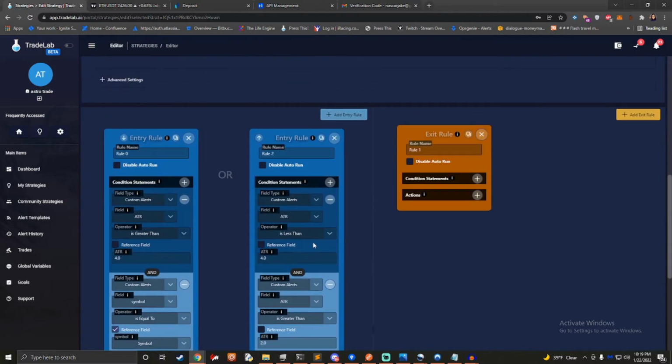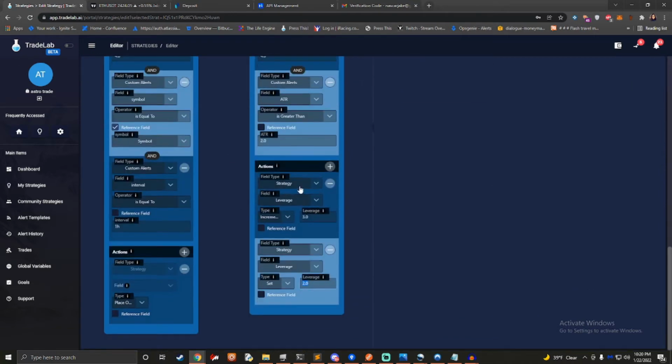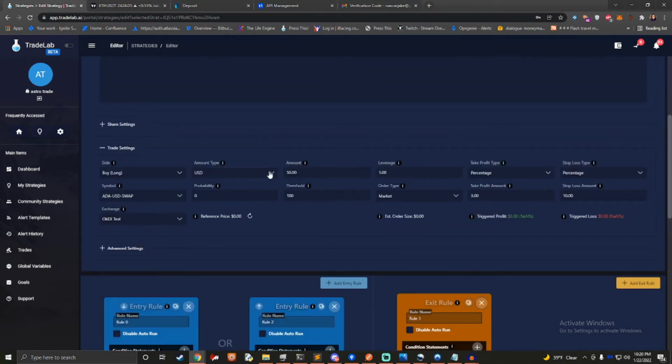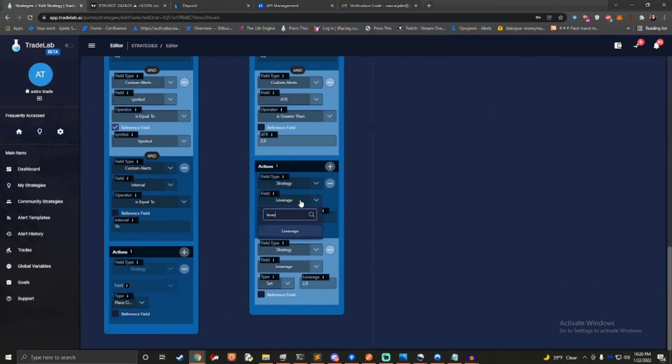So at that point, we know that entry rules run when we're looking to enter a trade, and exit rules run when we're in a trade and we're looking to find an exit. So we've gone over how fields work. We've also seen how we can use different strategy properties from up top, and we can change them on the fly. So if I wanted to change my amount,